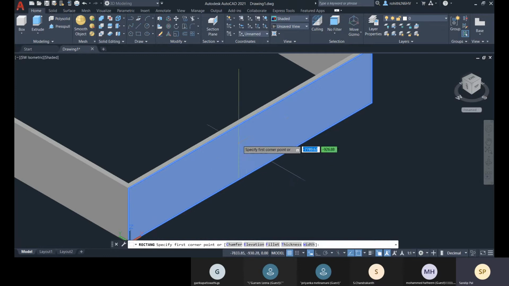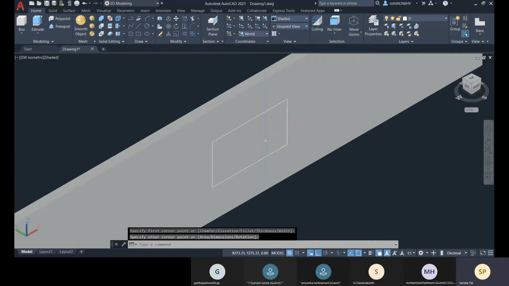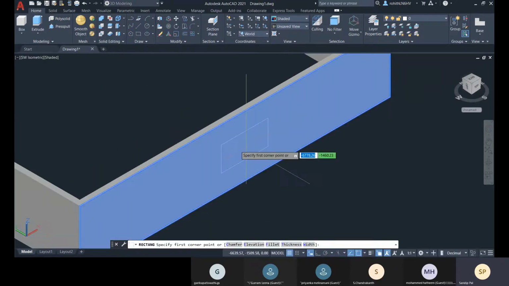That means as per this surface, it will be the working plane, and perpendicular to it, the direction will be Z. So let me create that. Here you can see, right?